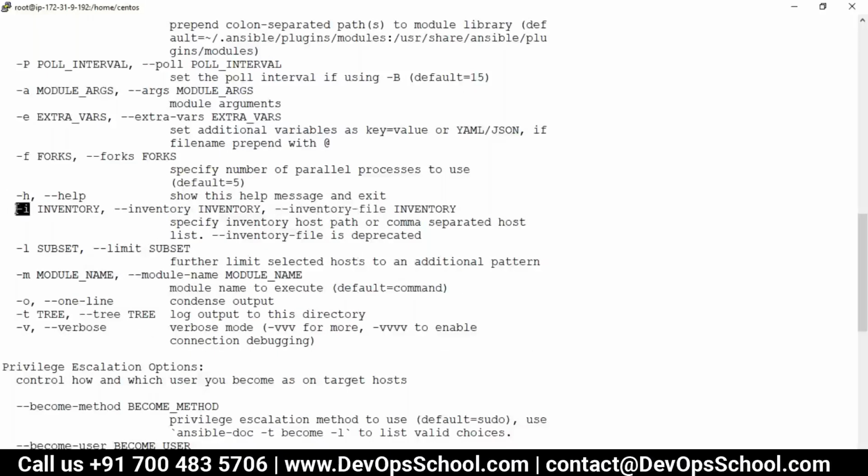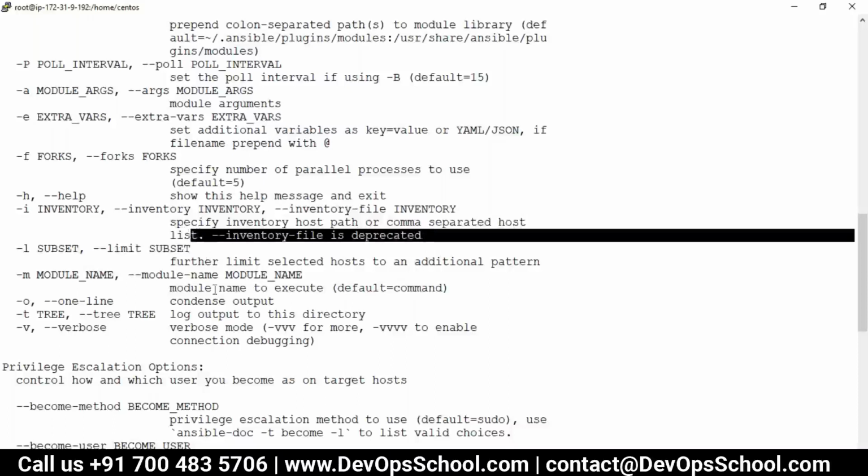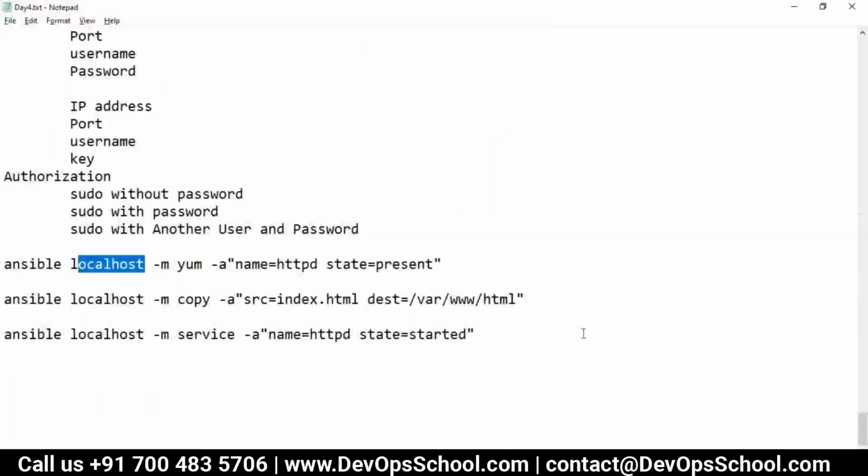In short, you can use -i here. And what exactly is it doing? Specify inventory host path or comma separated host list. This is deprecated. So basically, now we need to know what is inventory.